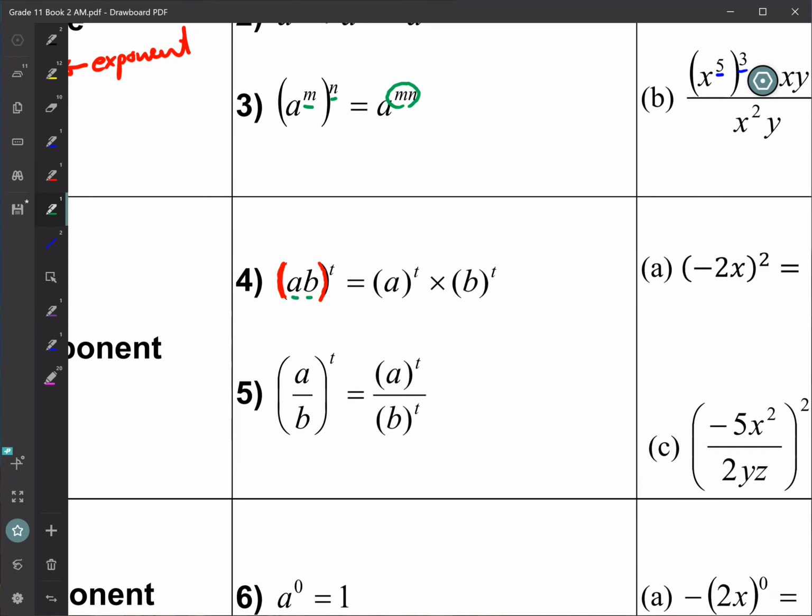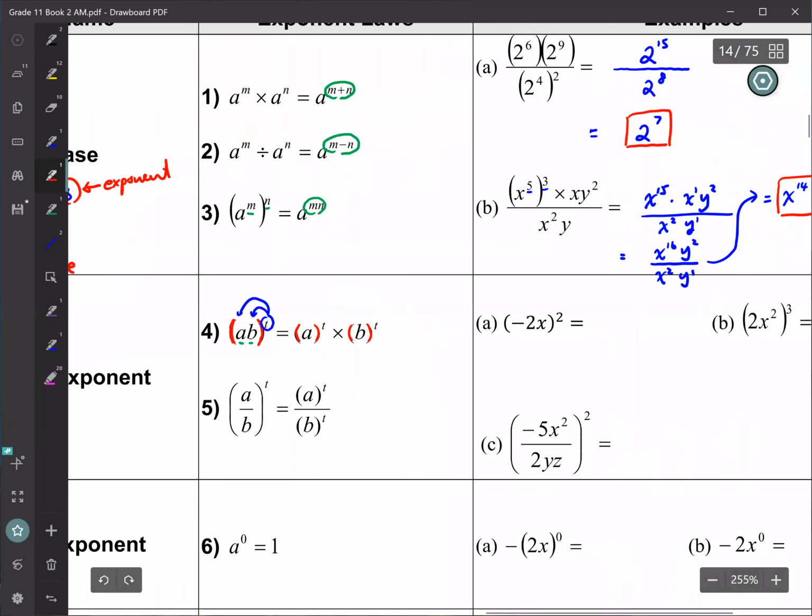Okay, one is the A, one is the B. So the exponent on the outside will go in and share with each of the bases. And remember that once you separate them, you get 2 little brackets. Okay, so everything in the bracket will repeat and will carry the same exponent. So for example, question A,